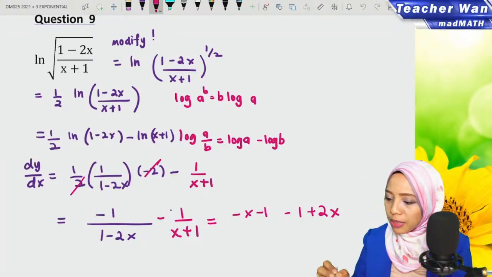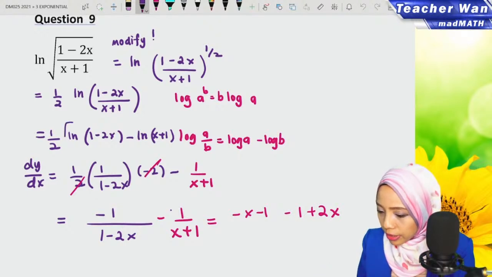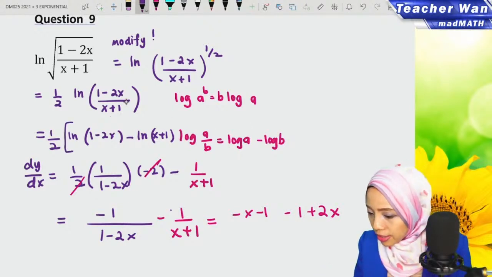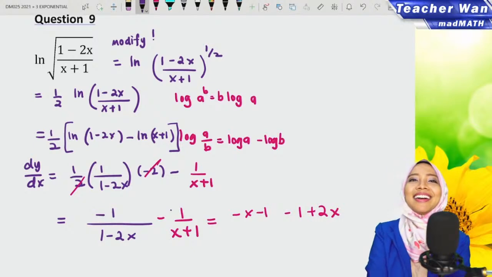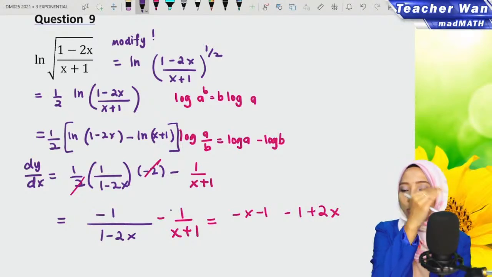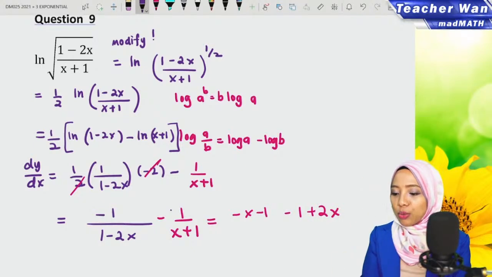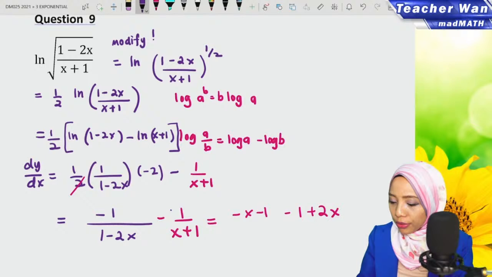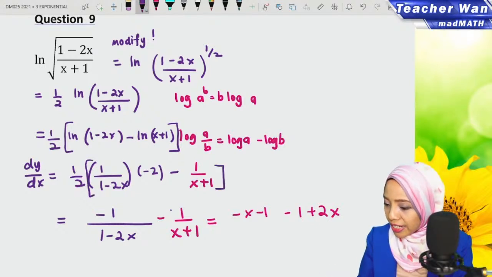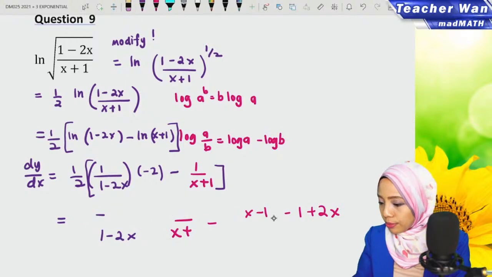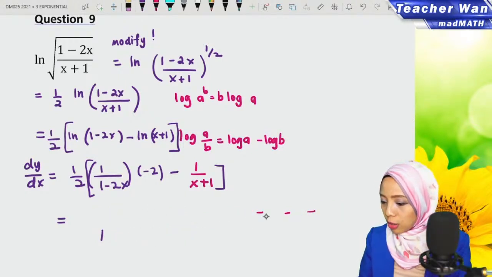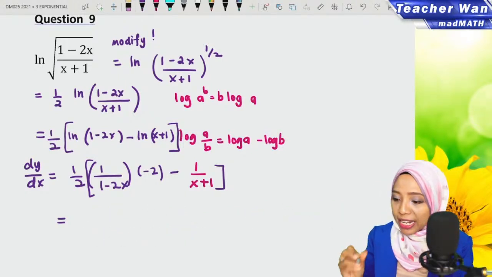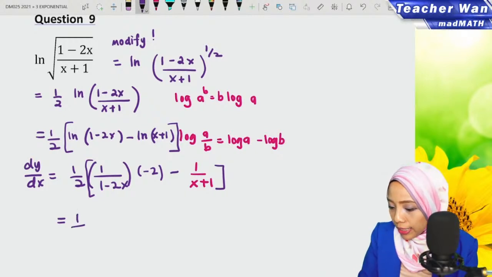No. Okay, madam made a small careless mistake. This is a big bracket here. Be careful, guys, 1 over 2 in front. So don't forget to put the bracket. So once I put the bracket, I cannot simply cancel out the 2. Cannot. Because this has a big bracket over here. Okay. So if that is the case, we have to equalize the denominator first, then only we can cancel out 1 over 2.